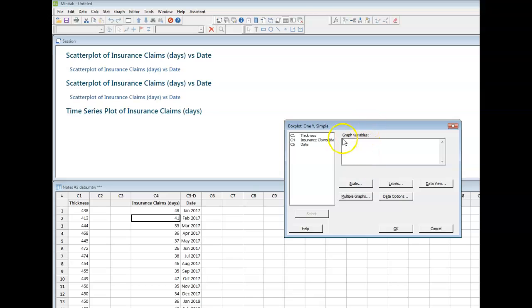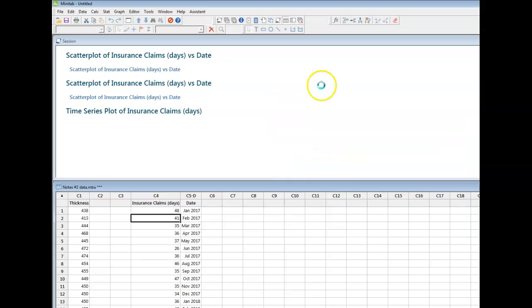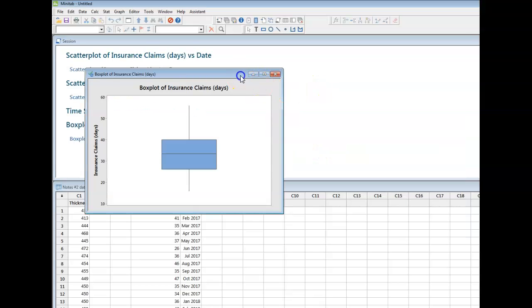Say OK. And the program wants to know what data we want to graph. In this case, it's the insurance claim. And I generally just let Minitab do its own thing on this. And here's my graph. Now, in your course notes, I have highlighted some of the important points